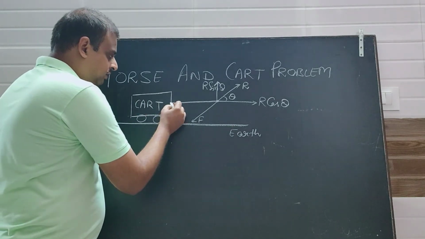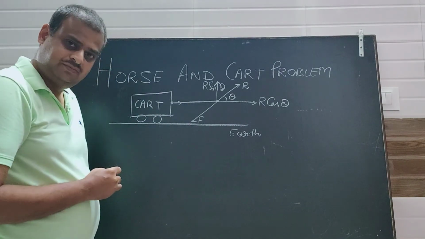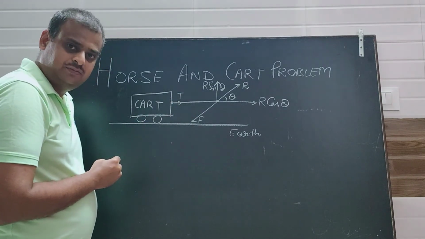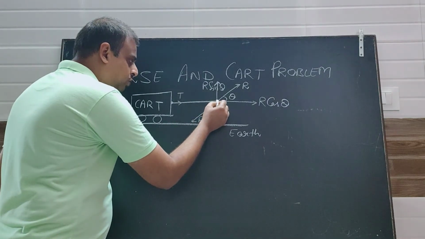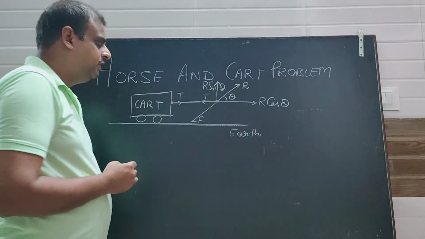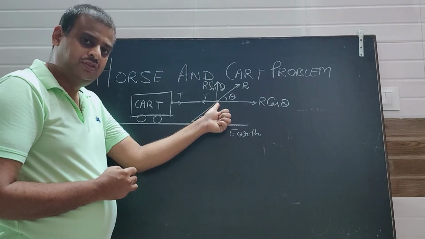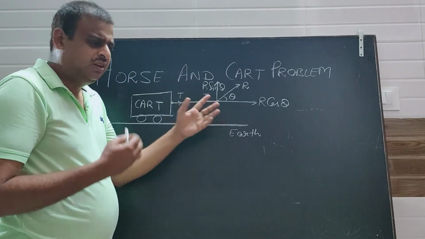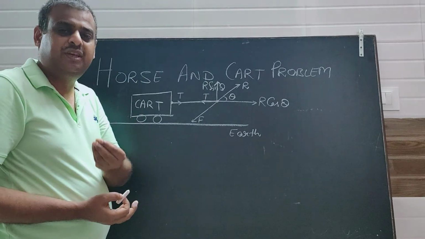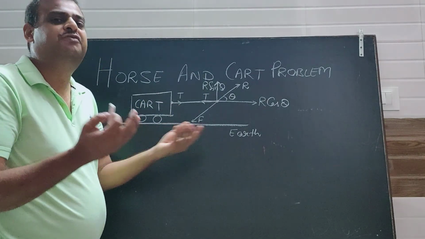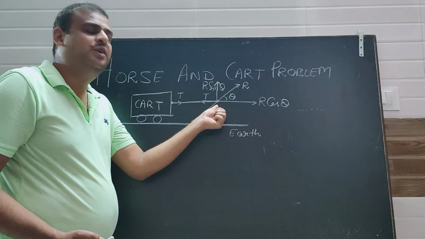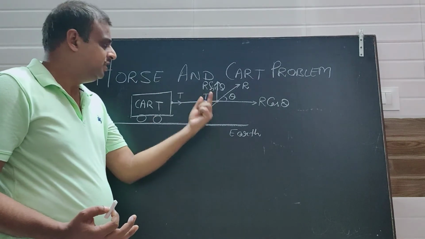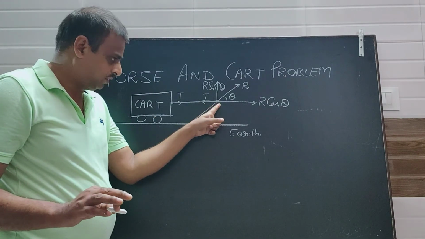Also, the cart is tied with a string. So, there is a tension acting away from the cart, and there is also tension T acting away from the horse. Please keep in mind that we have made a free body diagram. In a very simple way, free body diagram means a diagram which is free from body. Means I have not plotted here horse. I have shown it without body with a dot.